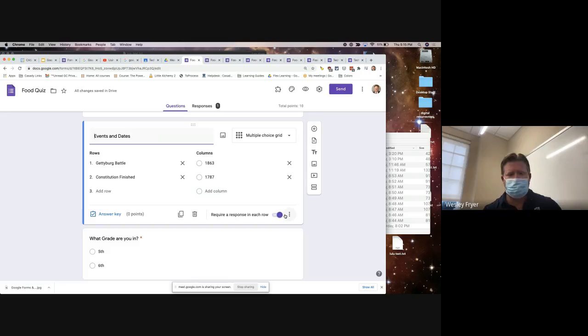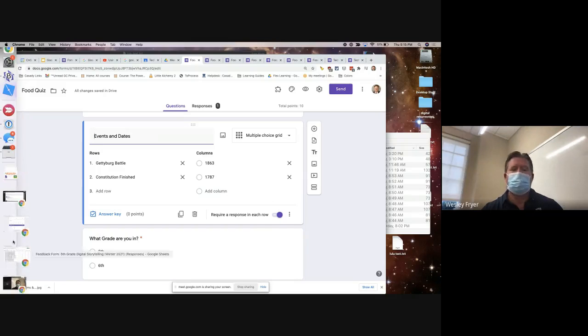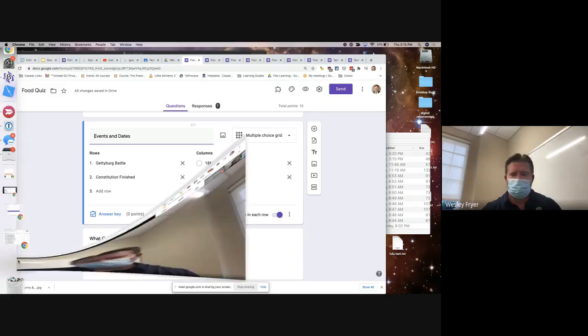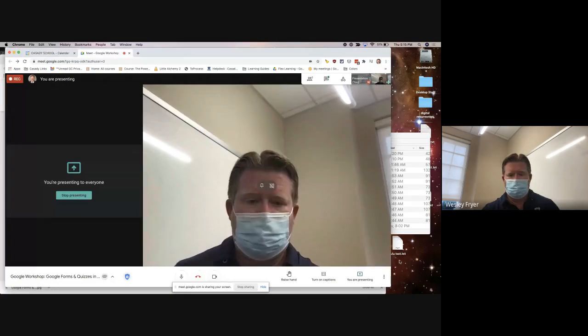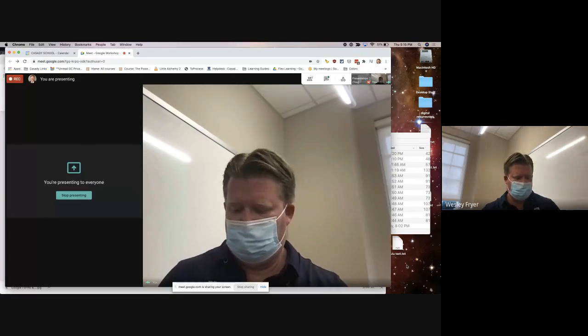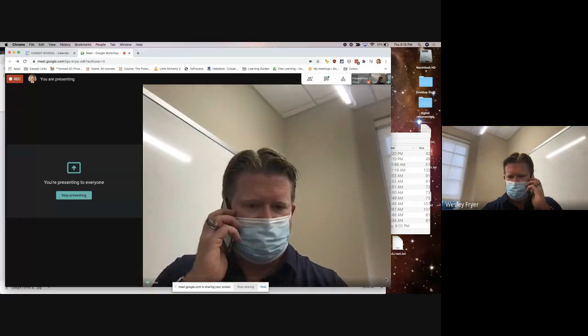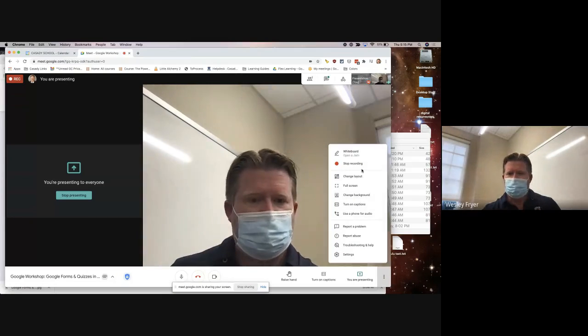But this is where I think Jamboard is actually better. Oh yeah, I had the kids do a gallery walk, and they use different colors. They use a blue post-it for a thing that they liked, and then a yellow post-it for a thing for improvement. Yep. And so they had to